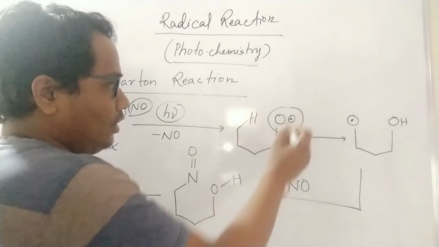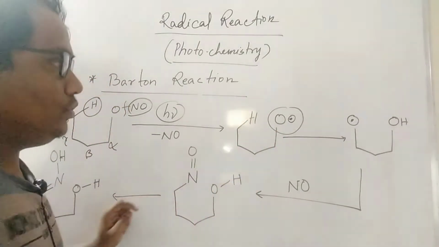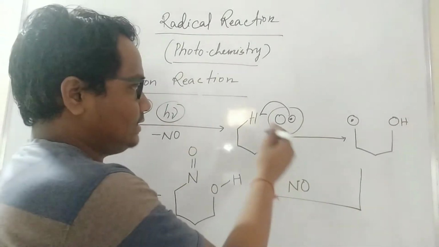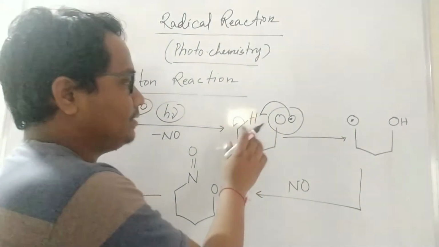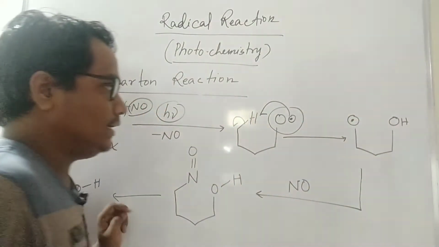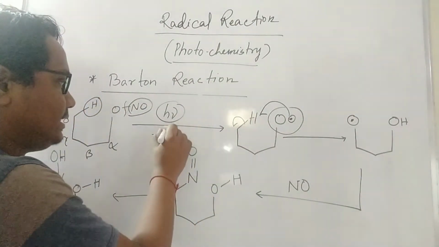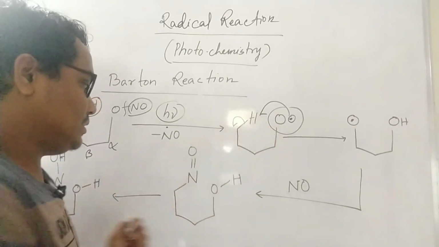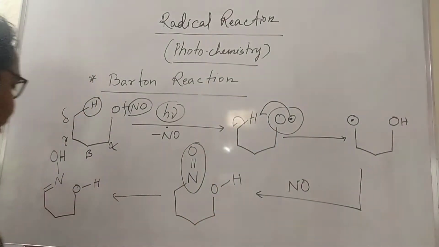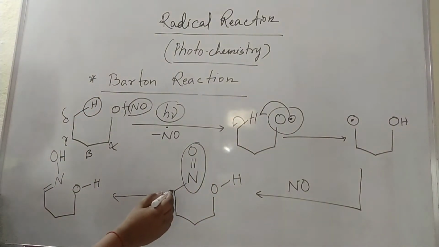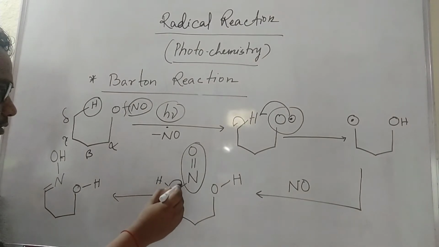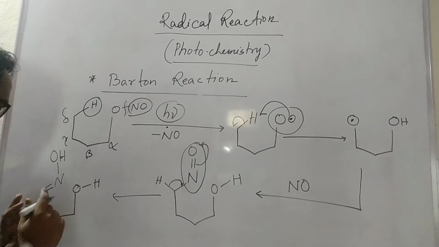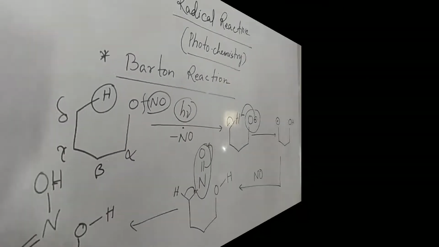Here see, O dot is there, then what will the O dot take? It will abstract this delta hydrogen. It takes this delta hydrogen and cleaves by the symmetric way and a radical will come there. Then this NO will be released as a nitric oxide radical, it will come in place of the hydrogen position, so it will come like that. Then there is an amine group, so it will go like that and come like that. So it is the final product. Then it will cleave any other compound.